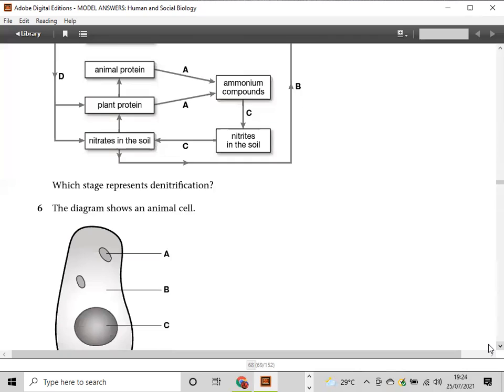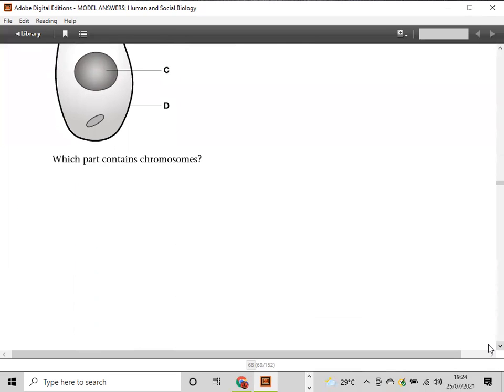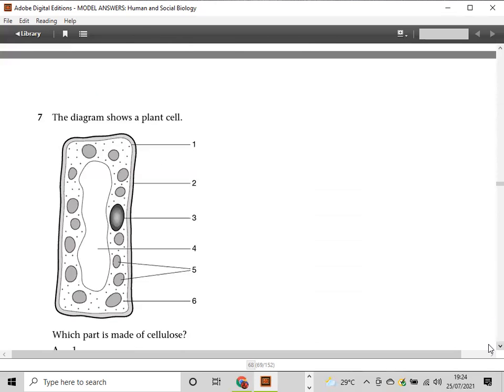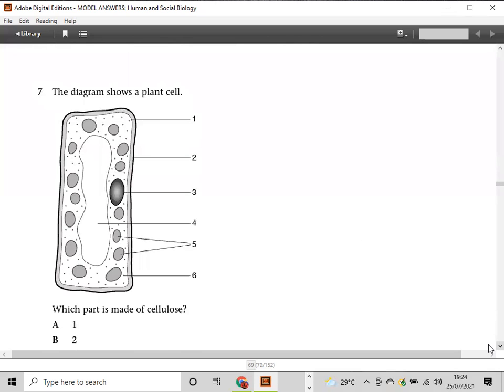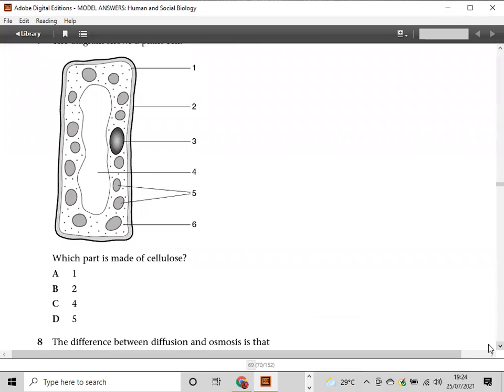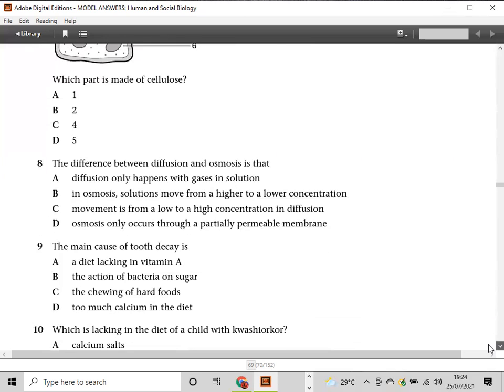Let's put it easy. Number 6 was the answer. Which part contains chromosomes? Push yourself, guys. Number 7. Which part is made up of cellulose? Is it 1? Is it 2? Is it 4? Or is it 5? Push yourself. The difference between diffusion and osmosis is that